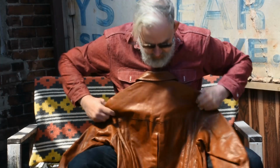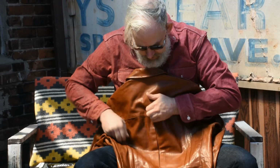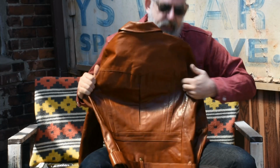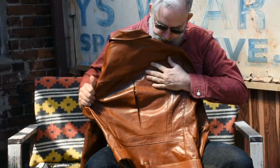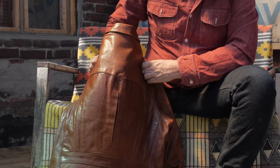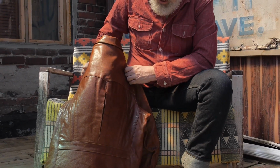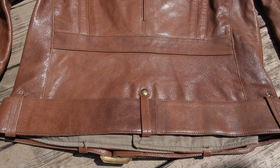Now what that serves to do is when you move your arms forward and you pull on the jacket, if it fits correctly, that gusset is an expansion gusset. You see how it pulls wide? And that's to give you a little bit more mobility in the jacket for when you're riding on a motorcycle or moving your arms forward. Expansion gussets down the center like that are very typical of 1930s jackets. It's quite a beautiful feature,